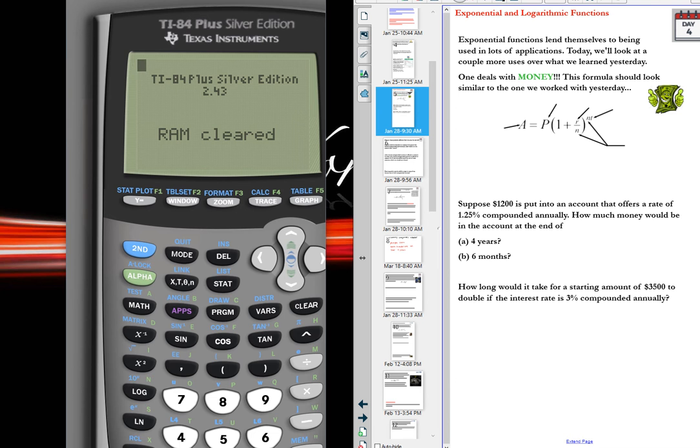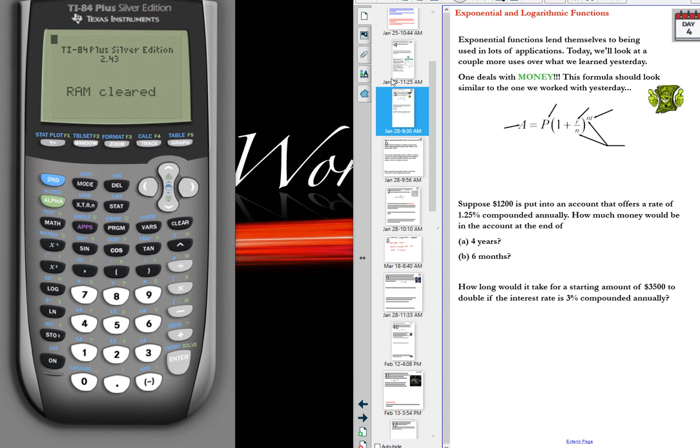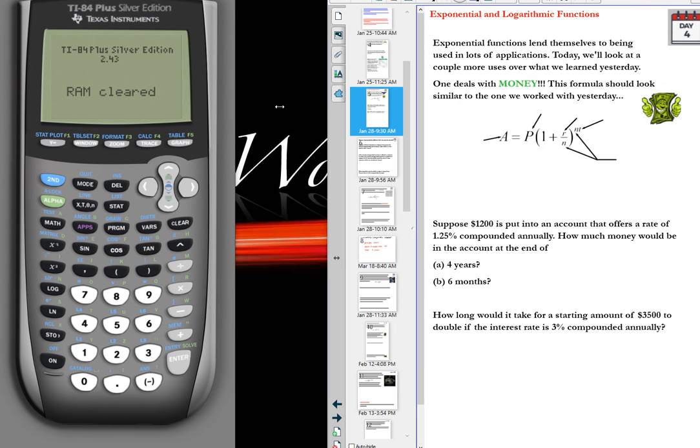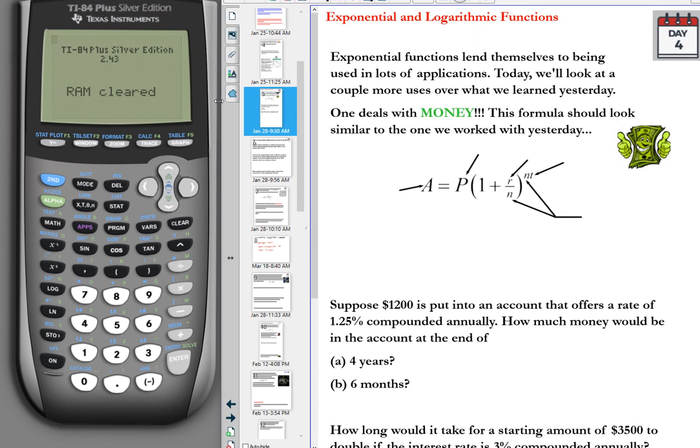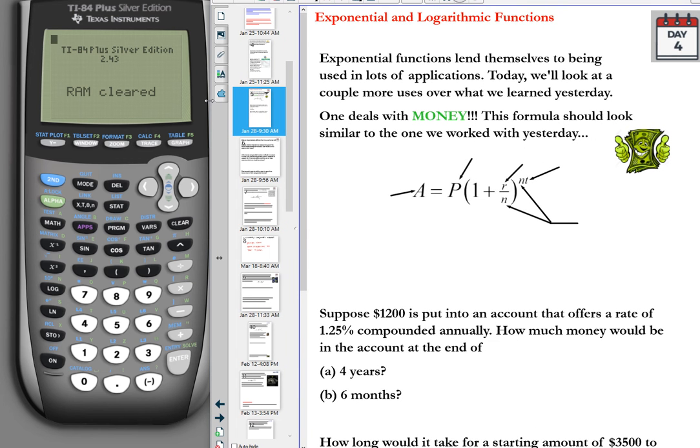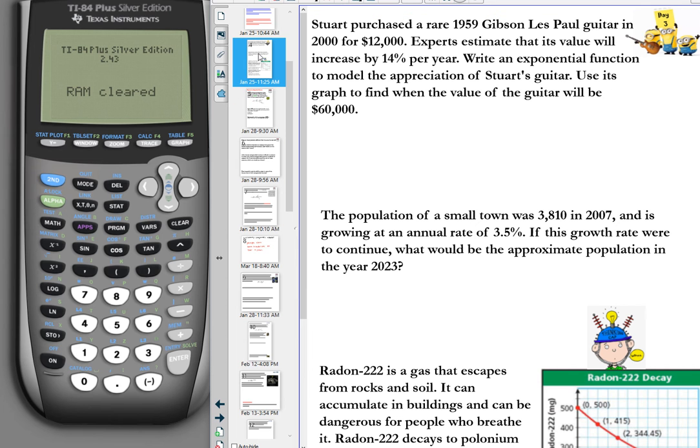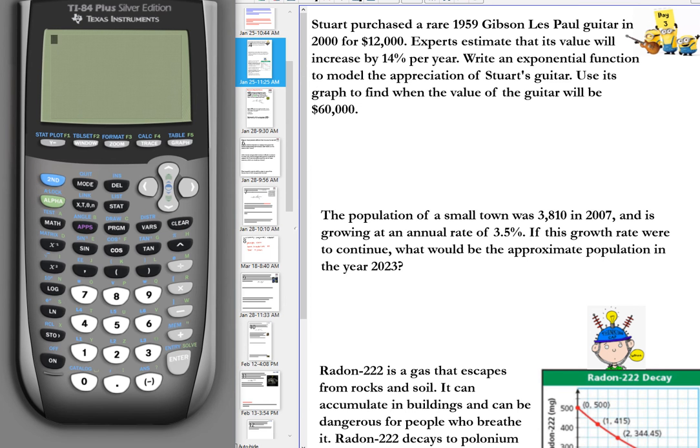I haven't had a chance to use it this year, so I'm excited. So now you can see me type it in the calculator. All right. So